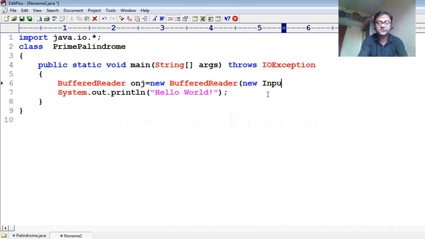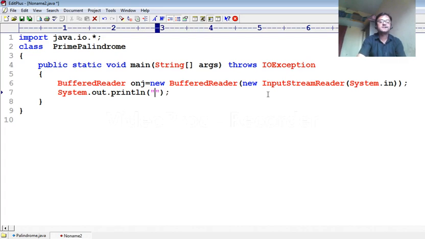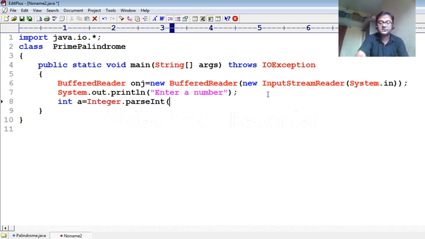New InputStreamReader within the bracket System.in, you know, to give the permission to input a value from the keyboard, and then use the prompting part, that is enter a number, then the number input code like int a equal to Integer.parseInt(obj.readLine()).